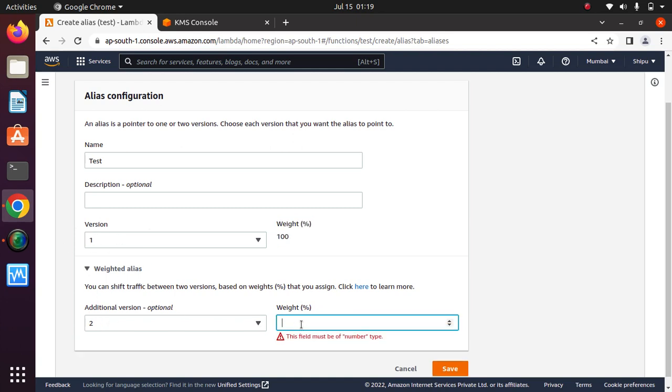If I set here 40, then 40% of the requests or invocations will run version 2, and 60% of the requests will go to version 1. So we can change the weightage as per our need, right? If I do 10, then 10% of requests will process version 2, and 90% of requests will